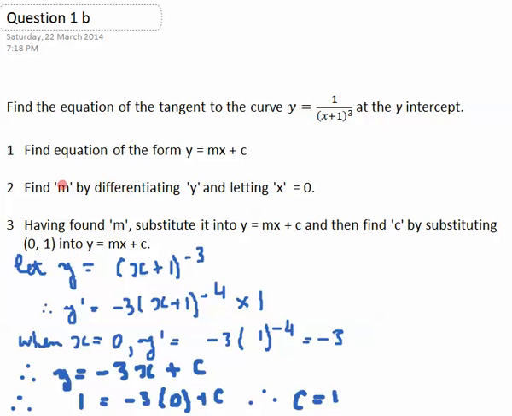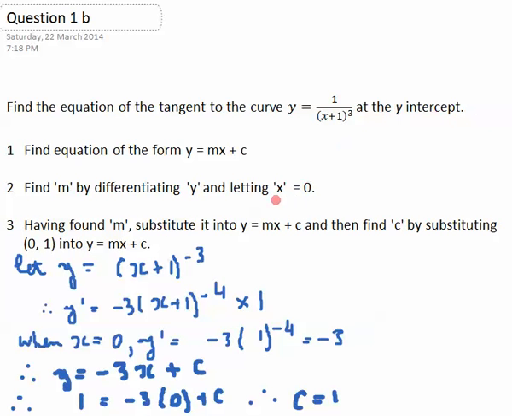Now the first job is to find m, and we find m by differentiating y. Remember, the derivative of y is sometimes called the derivative function, or gradient function, sorry, the gradient function. And so we find m by differentiating this and letting x equal 0. Why do we want x to equal 0? Well, x is going to equal 0 at the y-intercept, and that's where we're finding the